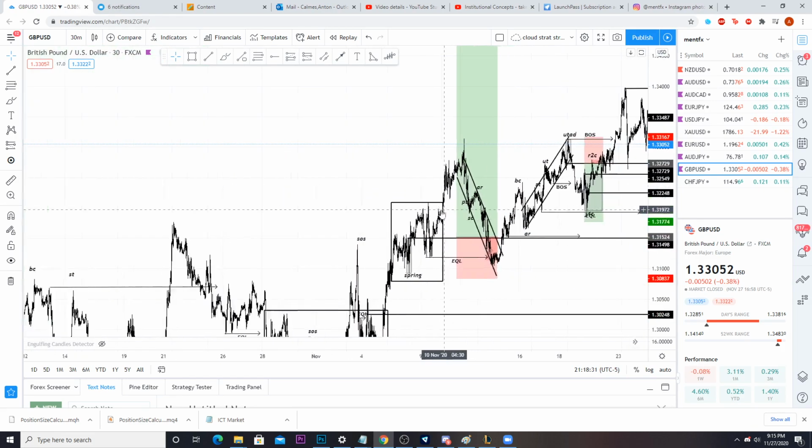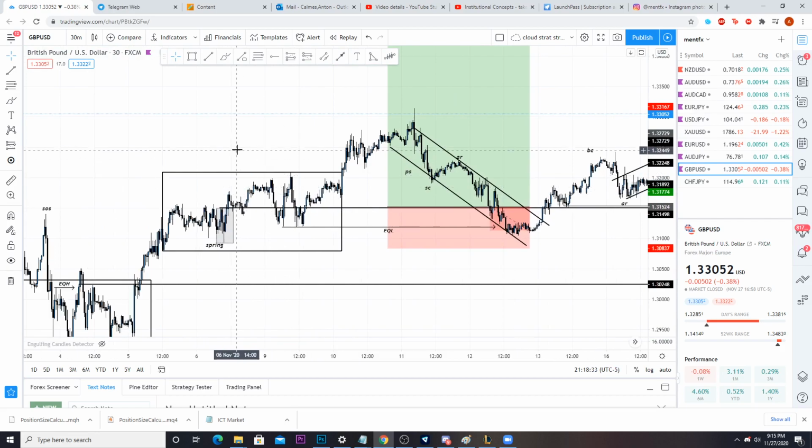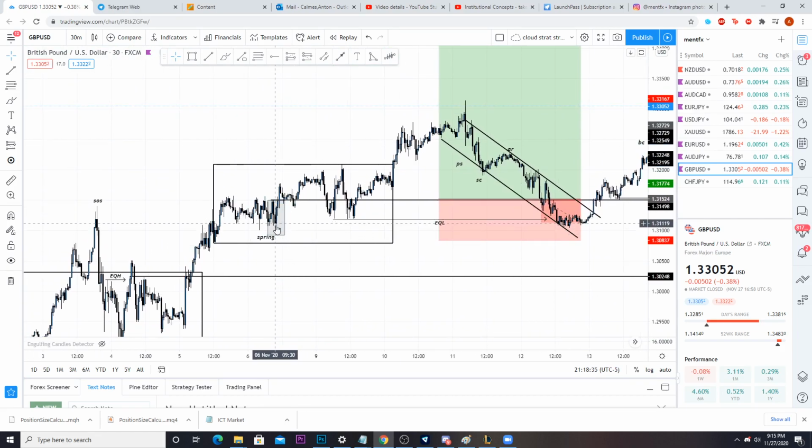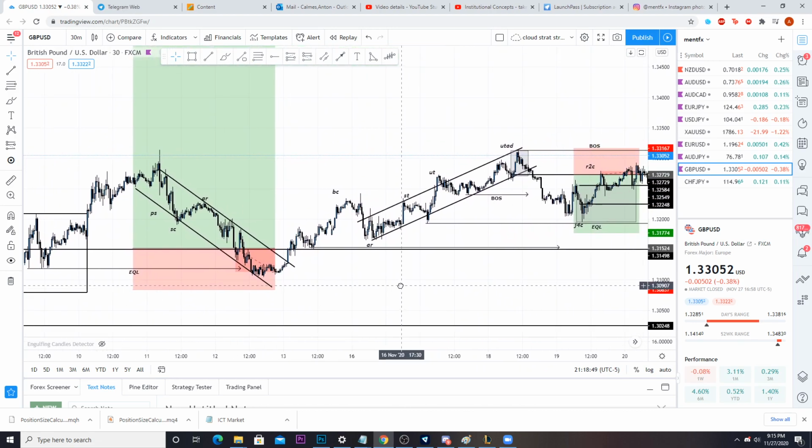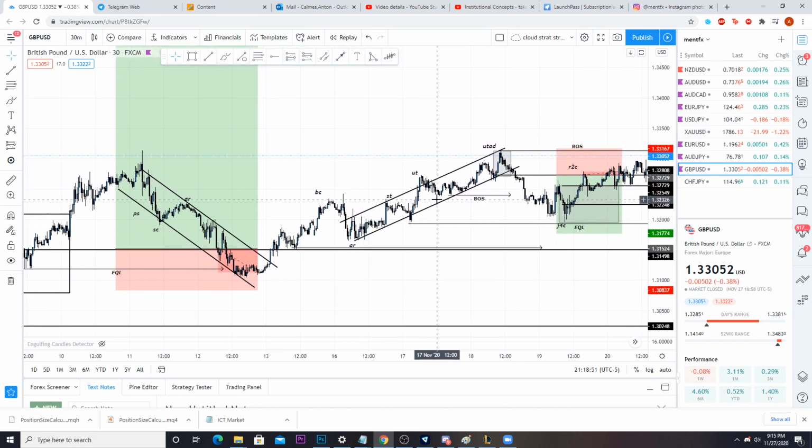If we just want to zoom in on this, you'll notice that this is nothing more than an order block, right? As you can see right here, an order block that forms after taking out the lows, right? Moves higher, here's your move back to the order block, move higher. Here's your move back to that same order block to get a little bit lower, to take out these lows, here's your move higher, right? And again, it just happens over and over. Here's your trend line, here's your order block through, that manipulates it, here's your move higher, here's your trade right to that order block, here's your move higher, right?